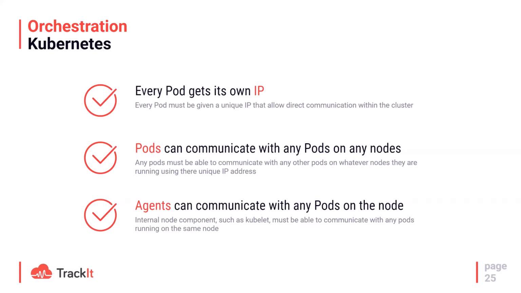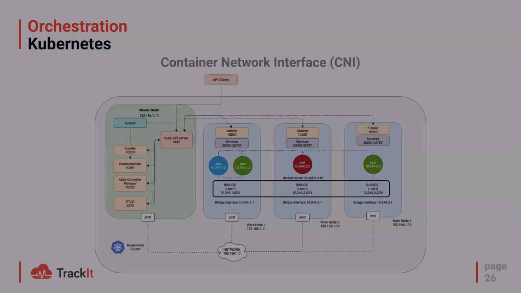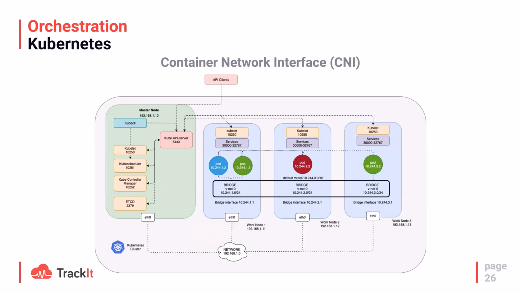So that's basically just saying that anything running inside your Kubernetes can talk to any other running component. If you are taking a very brief look at the schema, if you have multiple nodes and multiple pods running on those nodes, that means your CNI, your networking interface, will have to provide you with a VPN system to allow communication between your different nodes that could be hosted in different regions or even different continents if you are talking cloud.